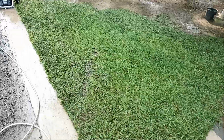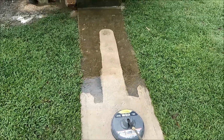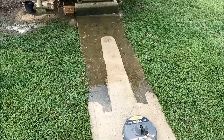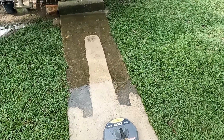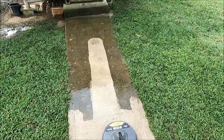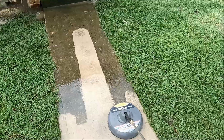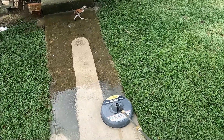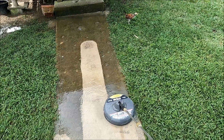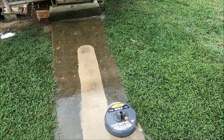Right guys, so onto the pathways now. So we've got the path scrubber out, the 12-incher. Now it goes pretty good, but you've got to go over it a couple of times. But considering standing there with a wand doing it, it will take forever. But as you can see, this is really pulling it off. And I found if it sits on the ground, the water pressure builds up inside and it doesn't clean it as good. But if I give it a little bit of a tilt, it